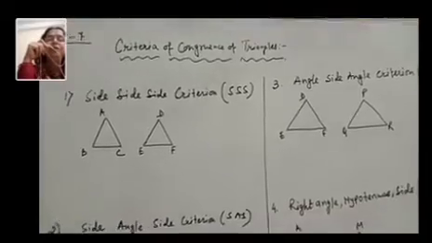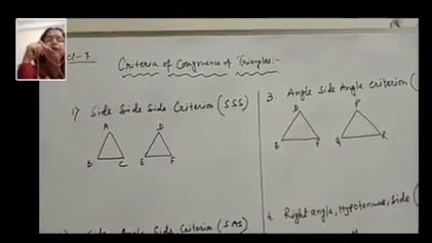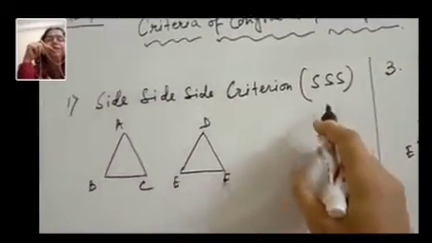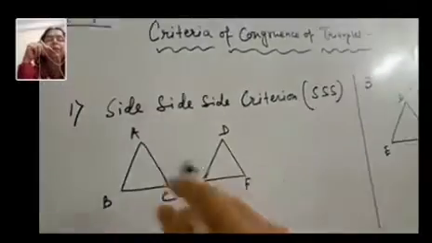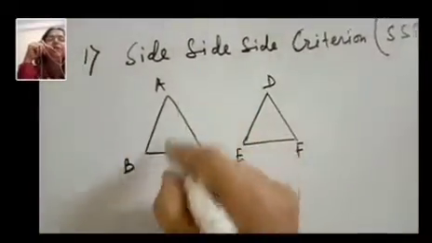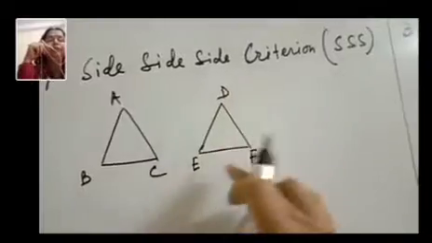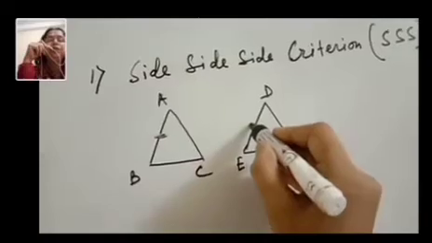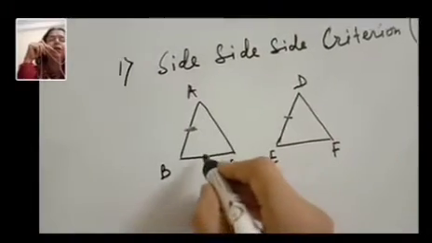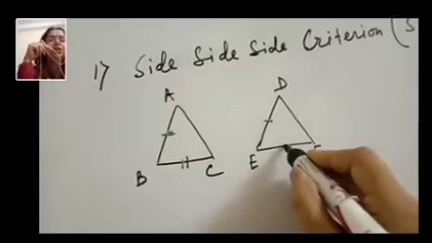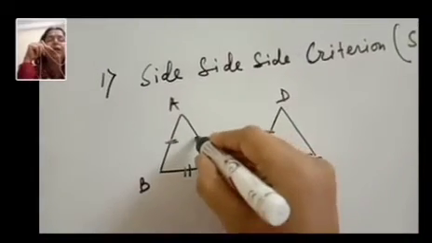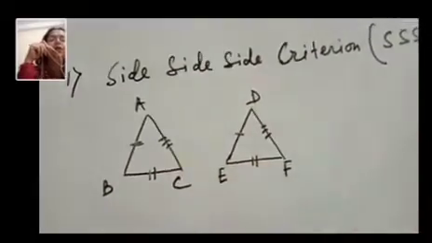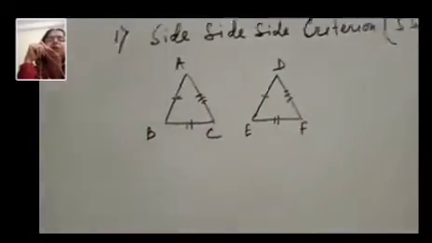In triangle ABC and triangle DEF, if three sides are correspondingly equal, such as the length of AB is equal to the length of DE, the length of BC is equal to the length of EF, and AC is correspondingly equal to DF, then we can say that these two triangles are congruent by